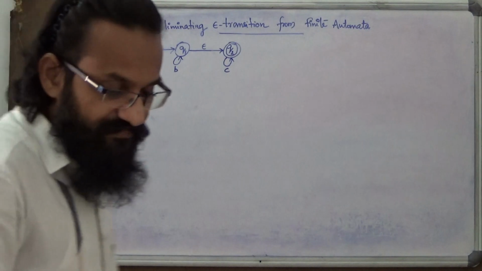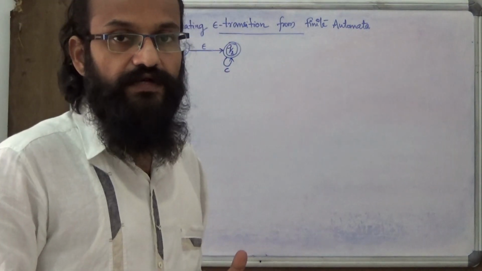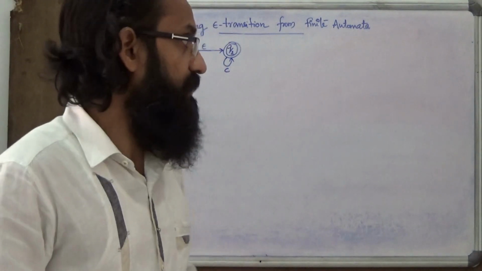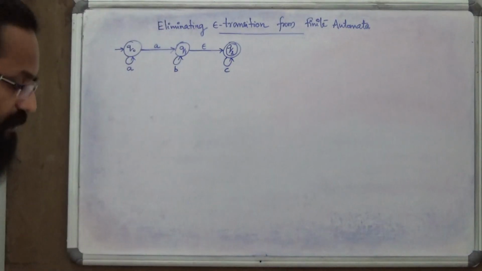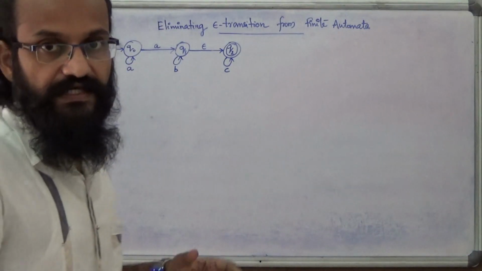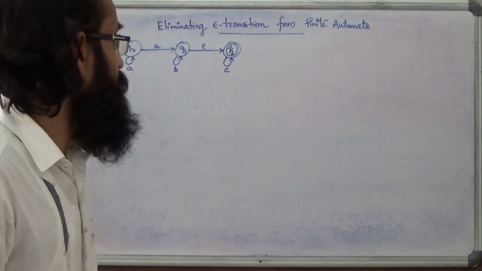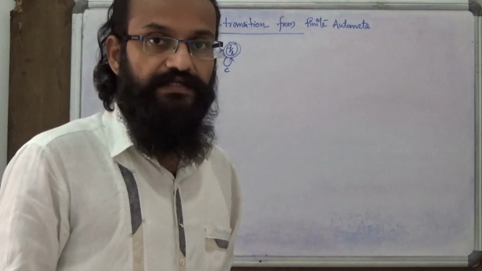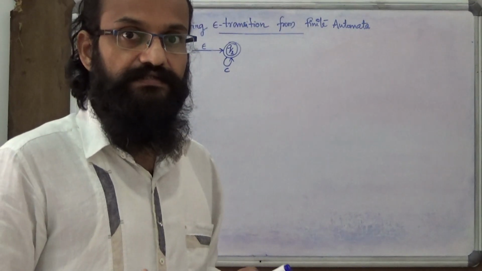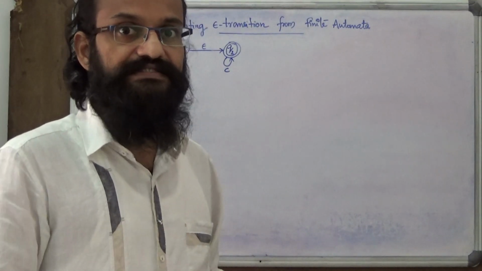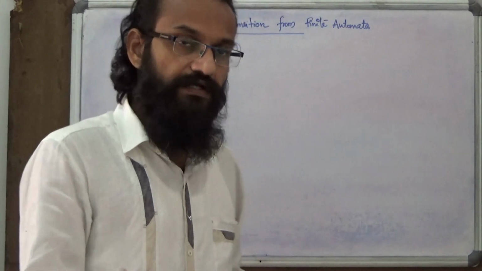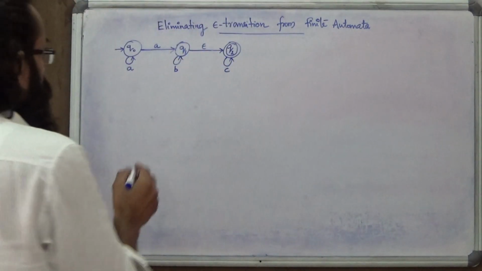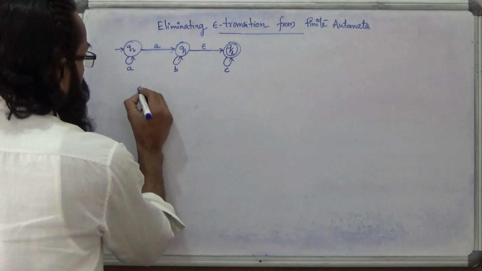So this lecture deals with elimination of epsilon transition from a given finite automata. So you are given an epsilon NFA. Aim is to eliminate epsilon transition from this finite automata. So first you have to determine or find the equivalent states in our finite automata without epsilon transition. So for that you can compute epsilon